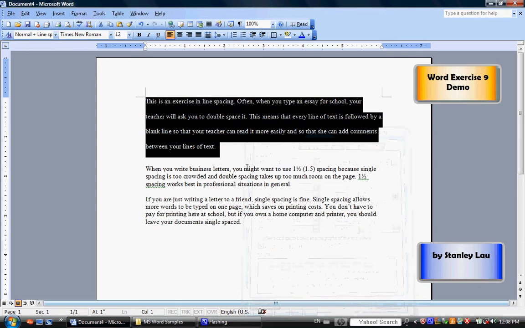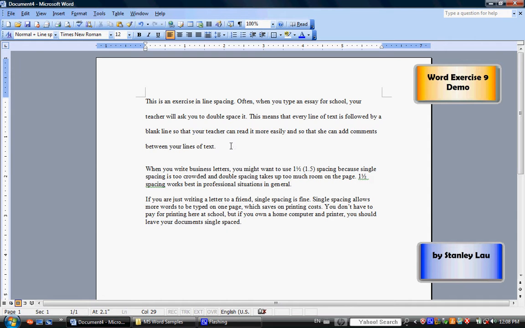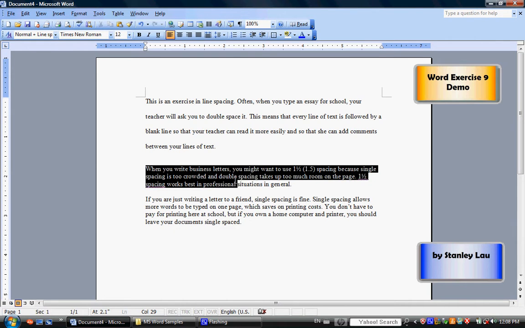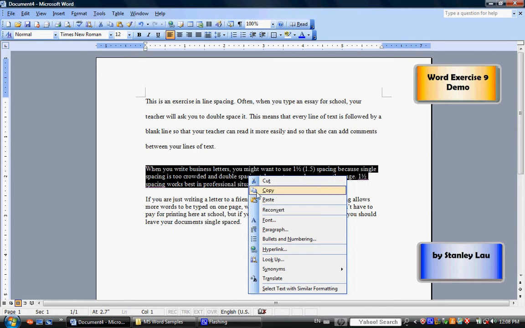Second paragraph, I want you to highlight that. There's a second way of changing line spacing. I'd like you to try it. Highlight first, put your arrow so that it's touching the black. Click the right mouse button, find where it says paragraph, click paragraph with your left mouse button, and again, this